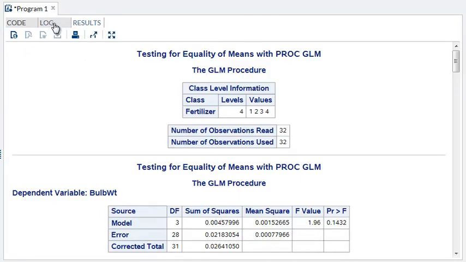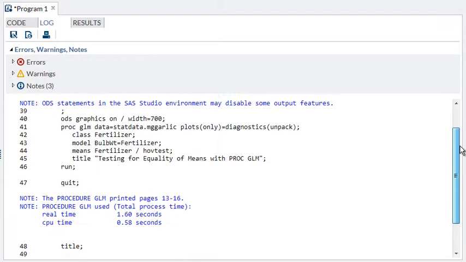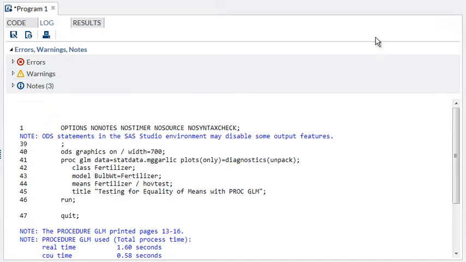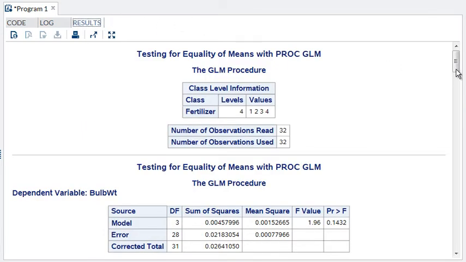Let's first check the log and verify that the code ran successfully. It looks good. Now let's move on to our results. SAS provides everything we need to verify our ANOVA assumptions and the ANOVA test results. It's a good idea to check our assumptions first, but that means we have to examine the output in a